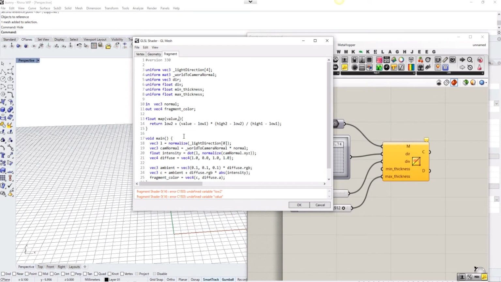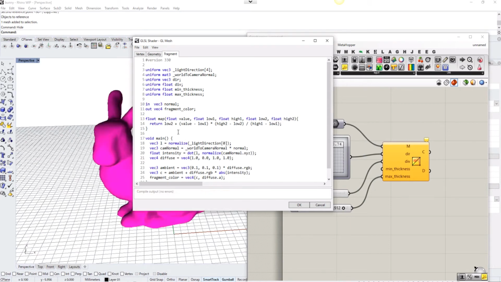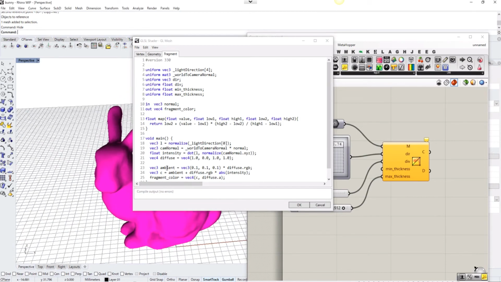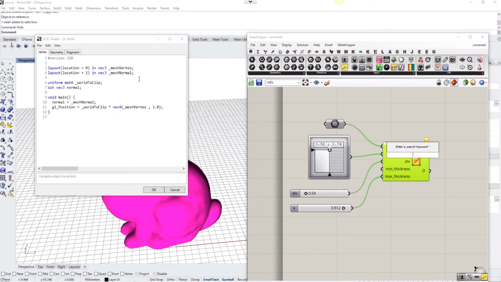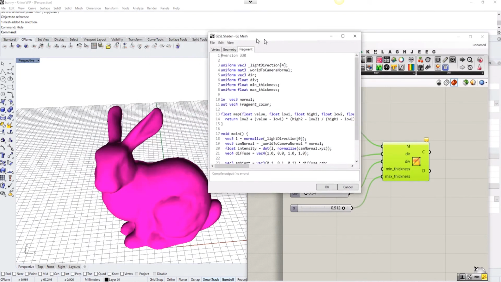So first, float value, float low 1, which will be the source low value, float high 1, the source high value, and low 2, which will be the target low value, and high 2, which will be the target high value. And make sure there are no compile errors. Alright, looks good. Okay, let's continue to the fragment shader, and